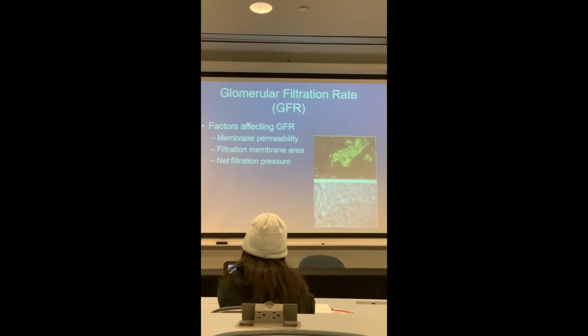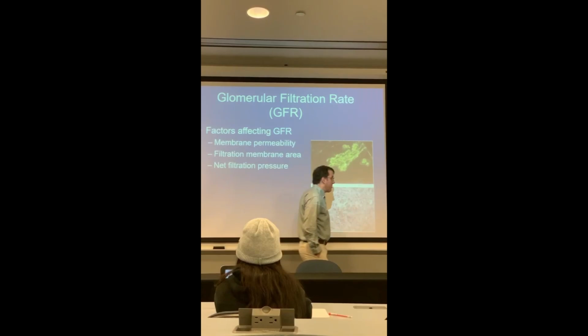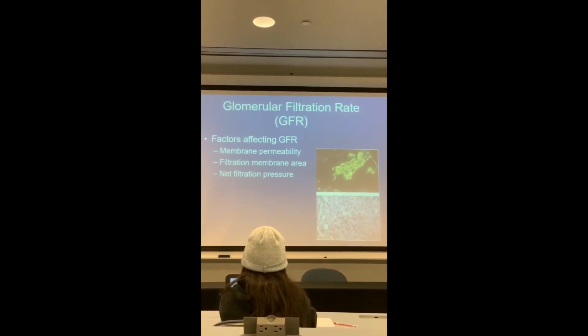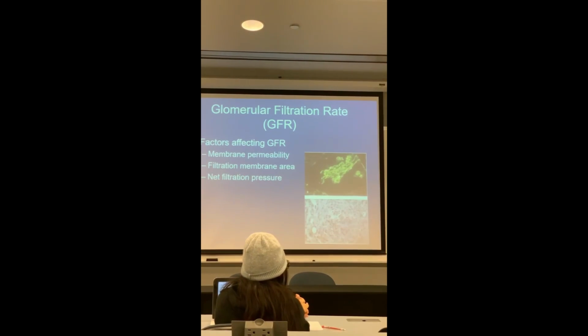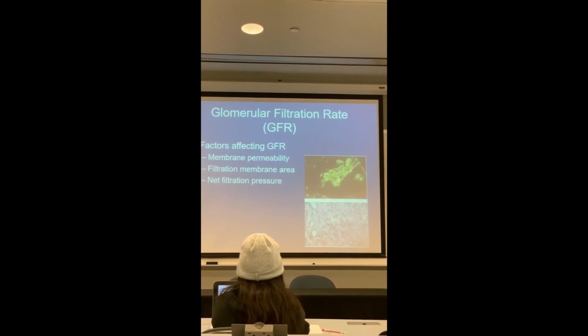What we're talking about then is the rate at which filtrate is produced, the glomerular filtration rate. And there are a few things that affect this. First is the permeability of the filtration membrane, how easy it is for material to move across